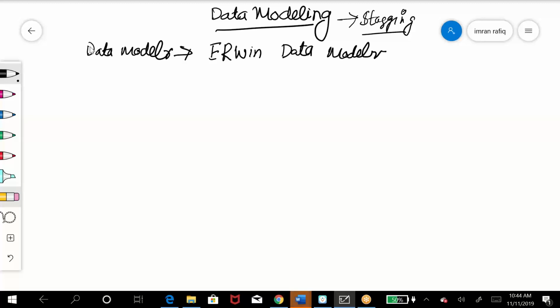But again, we have to prepare for anything in an interview, or even in real life, if you find some kind of scenario where they ask you to create a data model, then you need to know how to design a data model. So what is a data model? A data model basically is a workflow or a process flow diagram which shows how your data is going to get stored and what are going to be the tables in which your information is going to get stored. So this is what you do, and you design it through the Data Modeler, and the diagram through which you design it is called